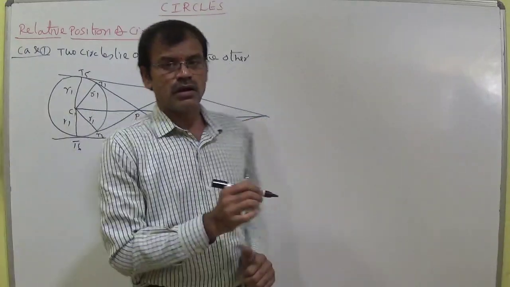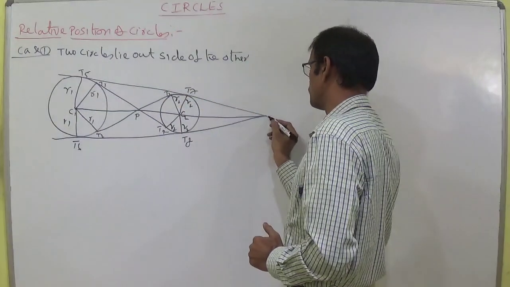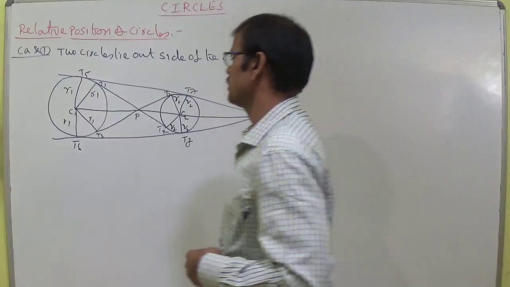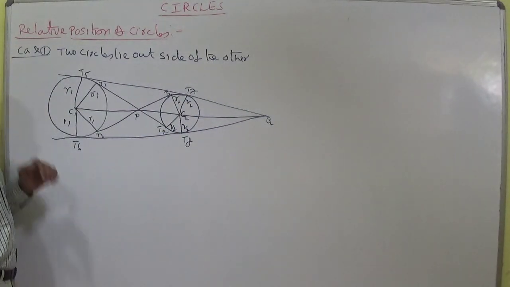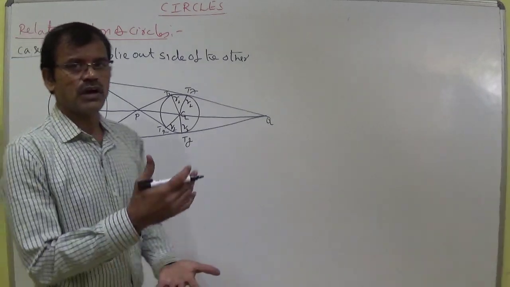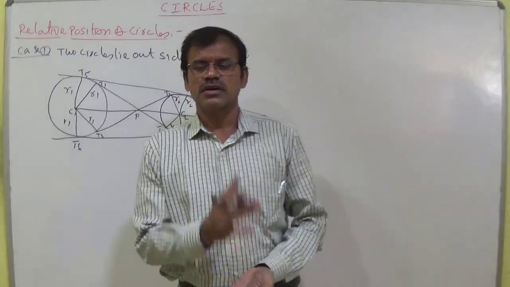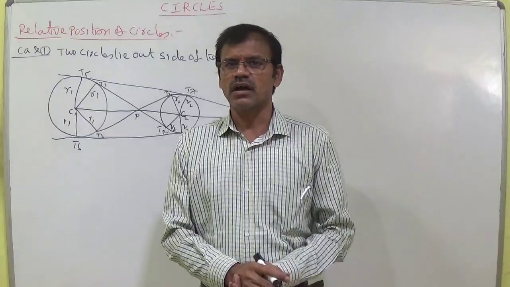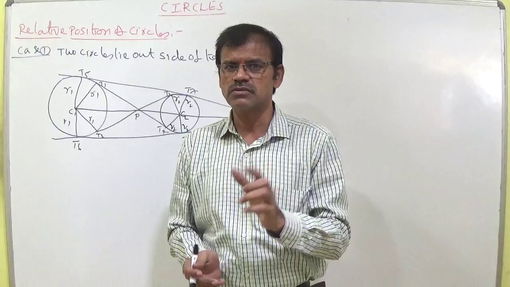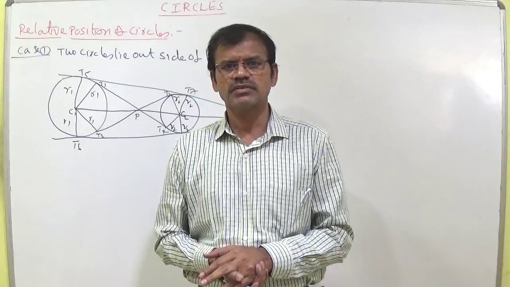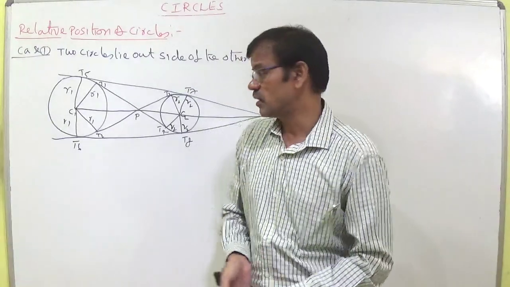Let the outside point intersected at point Q and inside point intersected at point P. We know that, students, angle in semicircle is 90 degrees. How is the semicircle formed? If a diameter is there, from the center to any point of the circle is called the radius, and 2 radii is equal to the diameter. The longest chord which is passing through the center point is called the diameter.